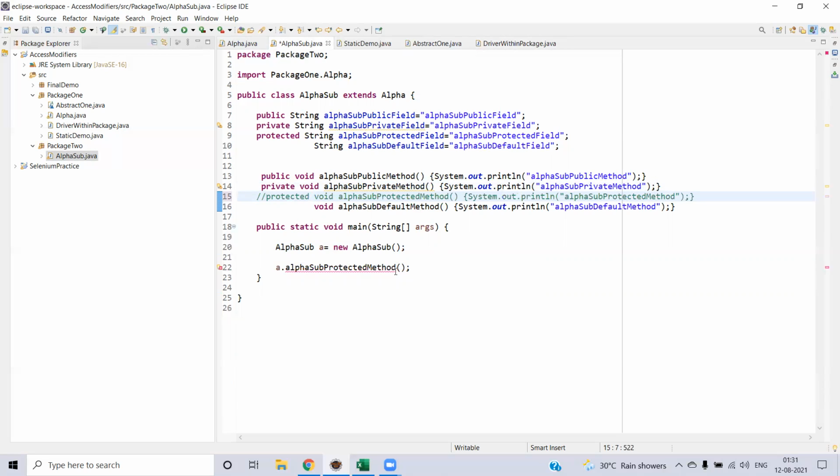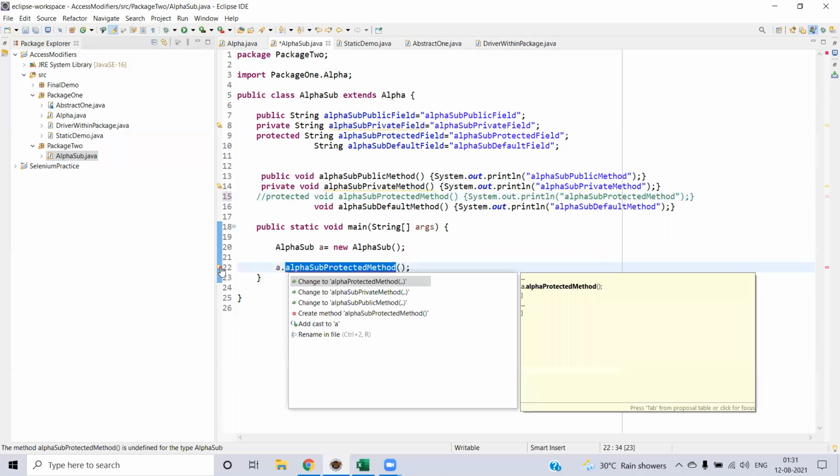That means you are creating the instance and you are trying to access it from outside the package, so we will be getting some error. Let's see what that is. Alpha sub private, alpha public, protected.